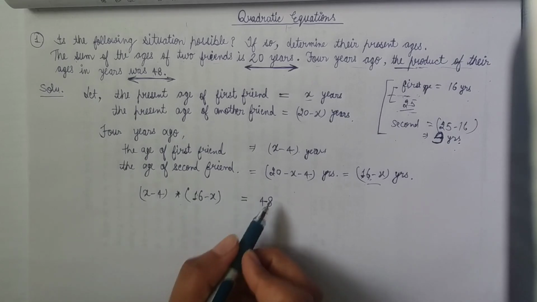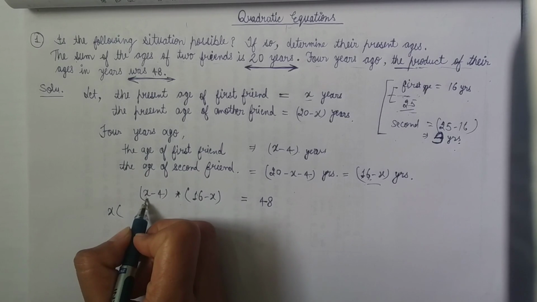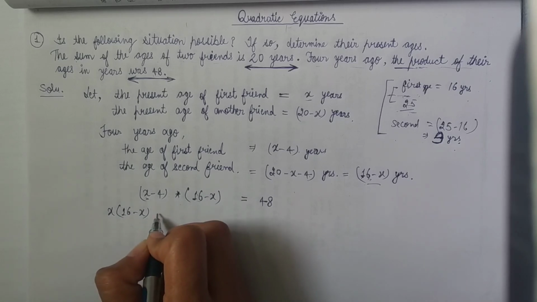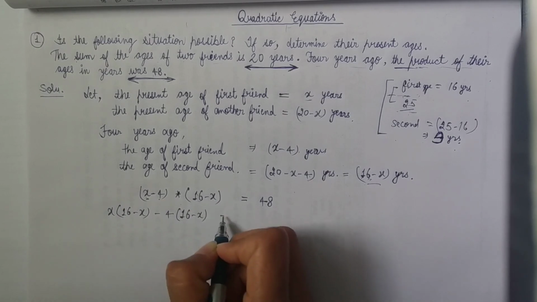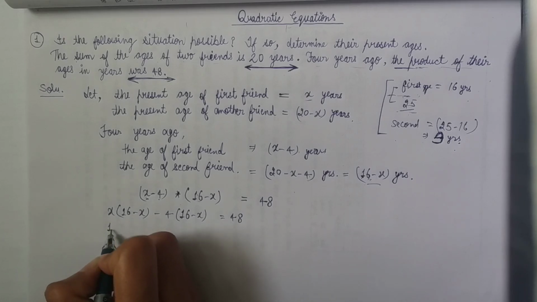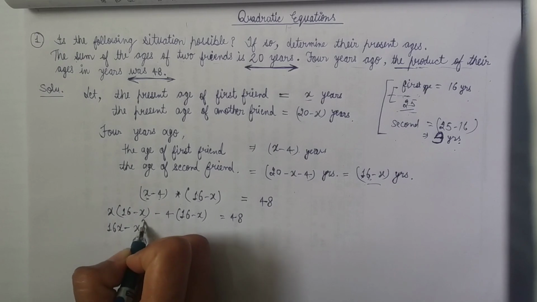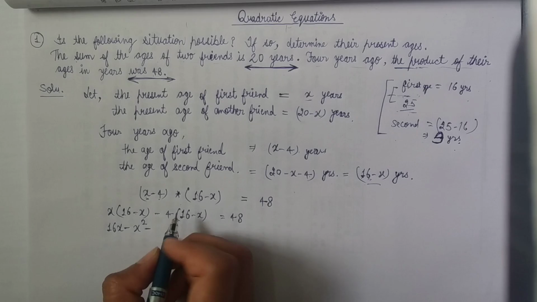So now we will multiply them. So x into, firstly x will be multiplied by this 16 minus x, right? And minus 4 will be multiplied by 16 minus x is equal to 48. So x into 16 will be 16x, minus x into x will be what? Minus x square, minus 4 into 16